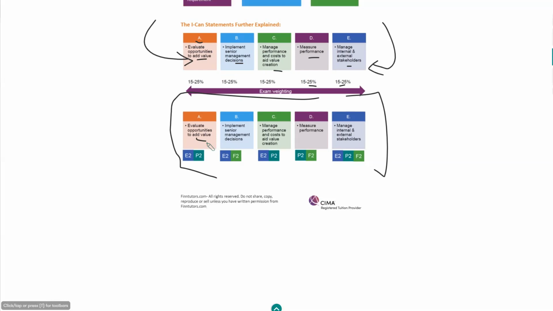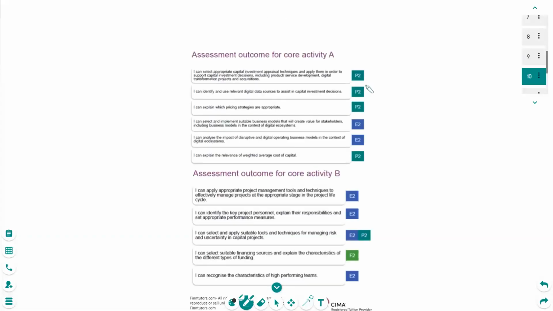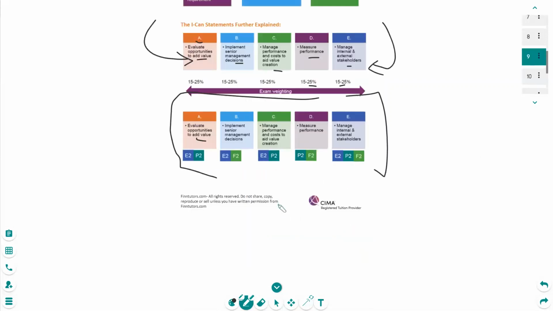So that way, these blueprints or these core areas are broken down, taking you back to your syllabus from E2, P2, and F2. So to help you further, the core activities given by SEMA, for example, core activity number 1 is evaluate opportunities to add value.